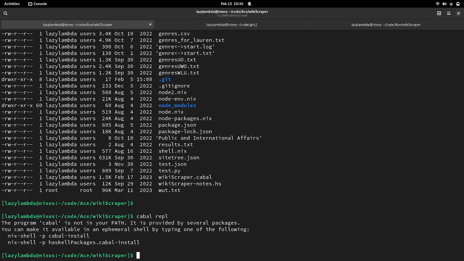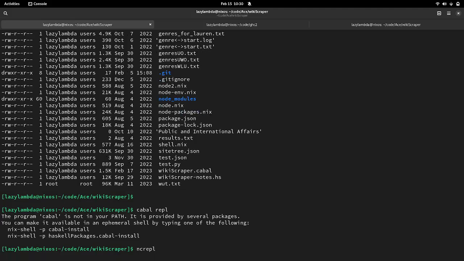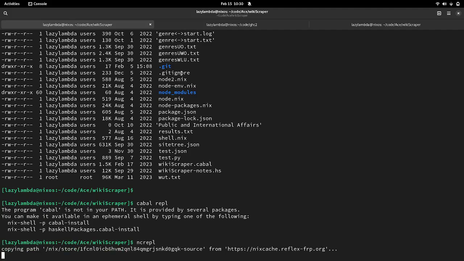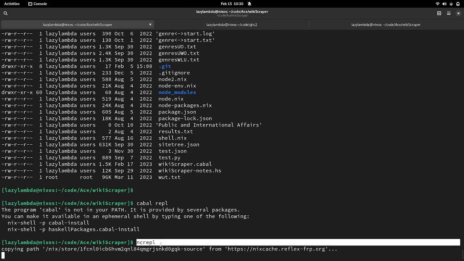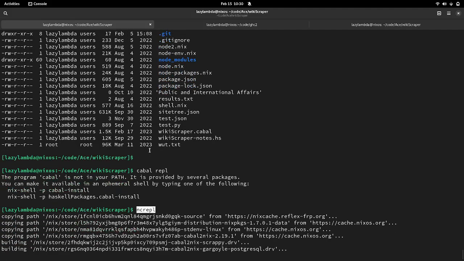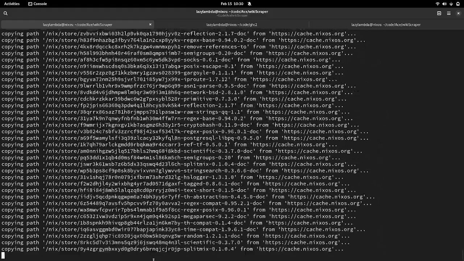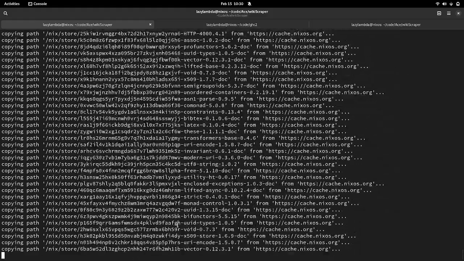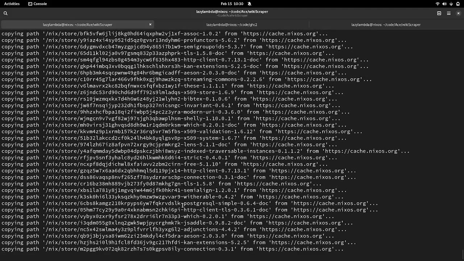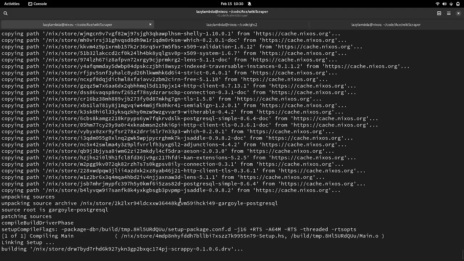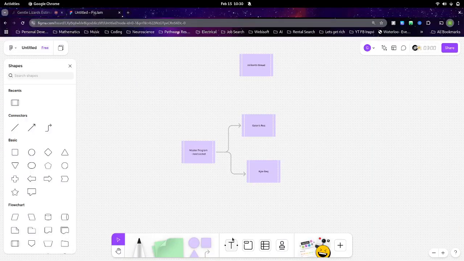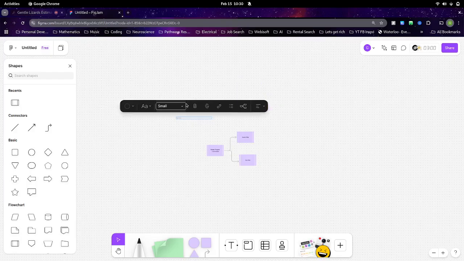that's fair. You don't know what ncREPL is, and that's because it's a short form on my computer for just Nix shell, install the particular packages I need, and then go into Cabal REPL. I guess I did a lot of stuff. Okay. But I just wanted to show, I can even show it even easier here. Oh, wrong way.